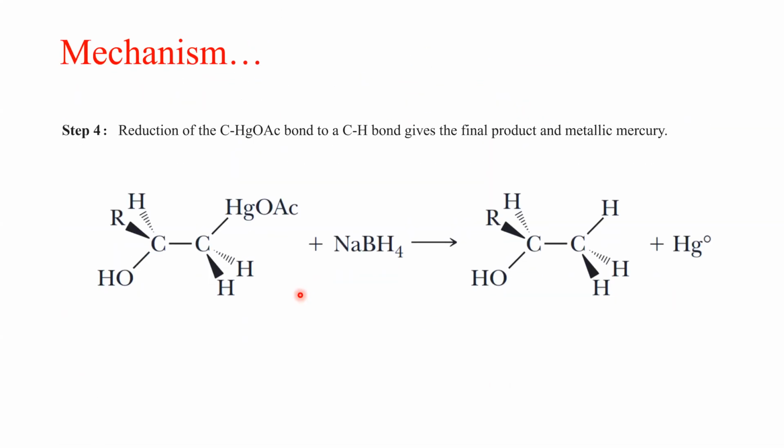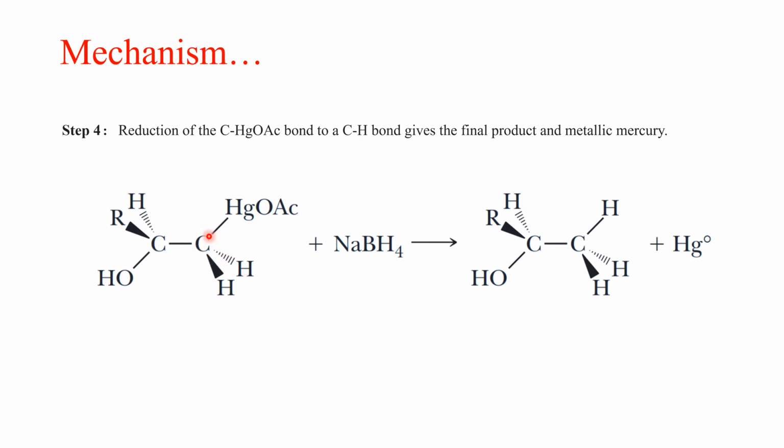Now the fourth and last step of this reaction mechanism is this: the mercuric acetate is still attached, making that bulky species, and it has to cleave, because acetate is a good leaving group. Then that species will be reduced into the final product, right? So we know this hydroxyl is attached on this carbon, which is the substituted carbon,